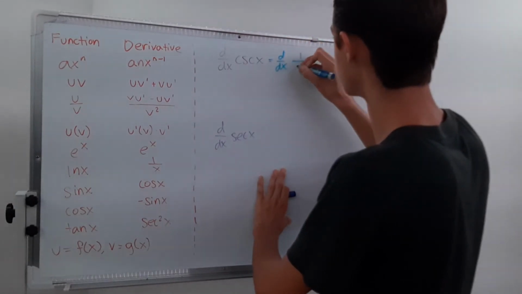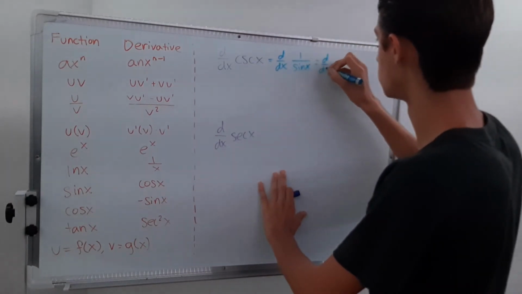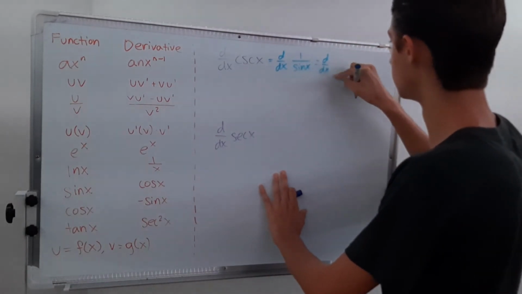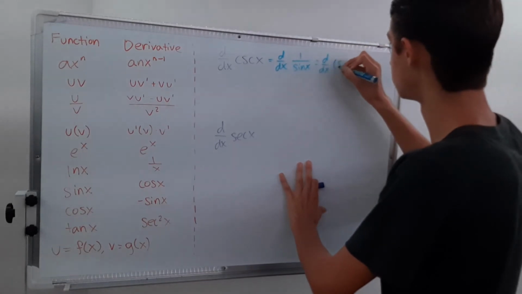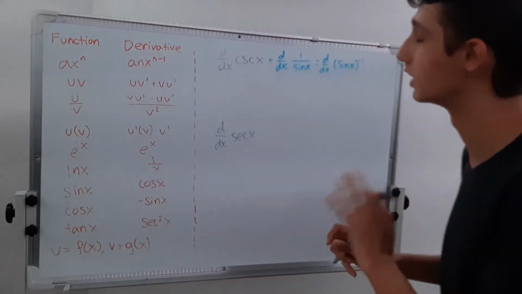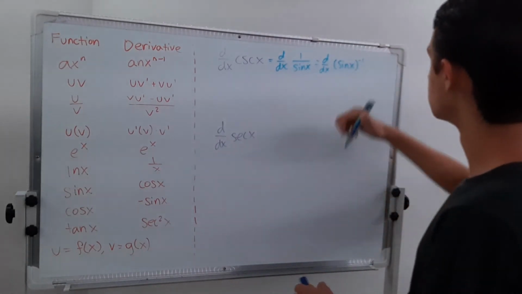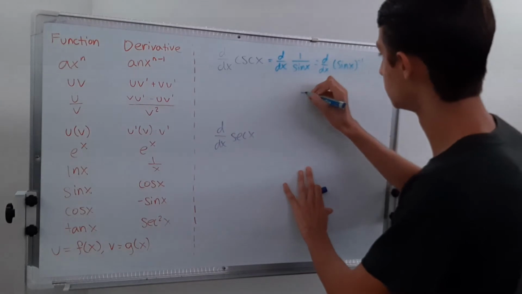of 1 over sine x, or the derivative of sine x to the negative 1, not sine negative 1 of x. It's not the inverse, it's not the arc sine. So we can use the chain rule. So this is just equal to negative